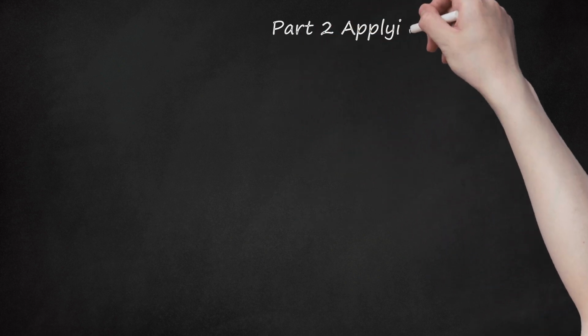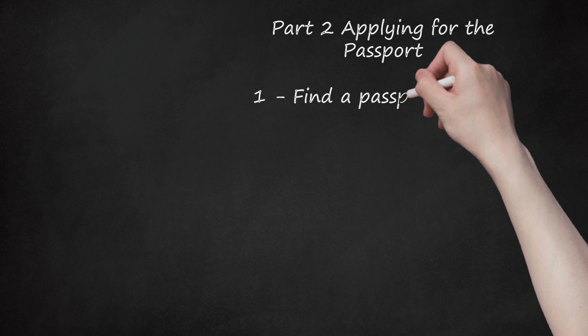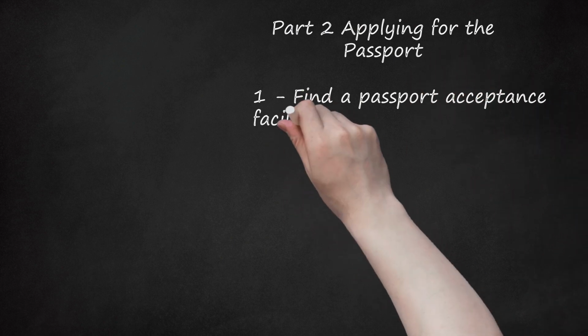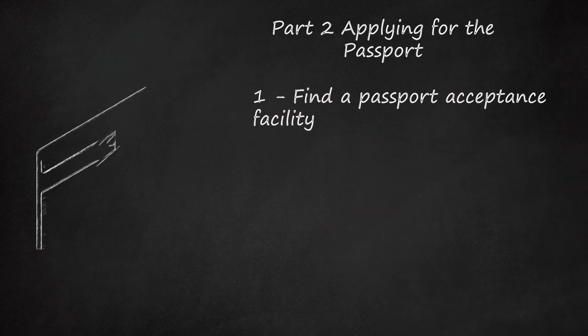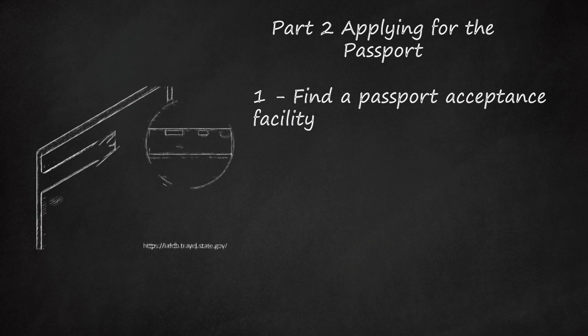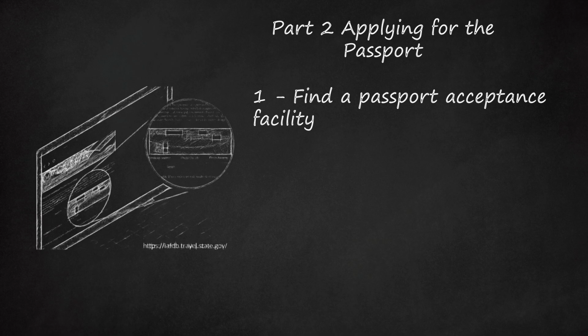Part 2. Applying for the passport. 1. Find a passport acceptance facility. As a first-time applicant for a passport, you need to apply in person at a passport acceptance facility. Many post offices, public libraries, clerk of court offices, and other state or local government offices have been designated as acceptance facilities. You can use the State Department's locator at